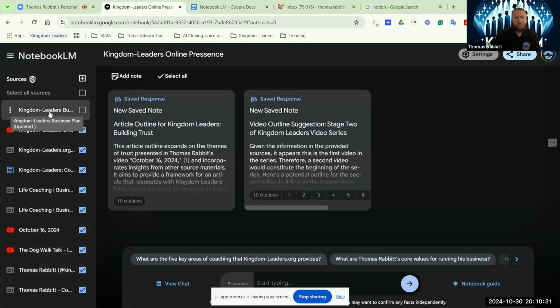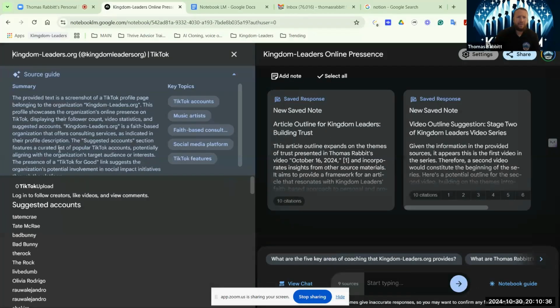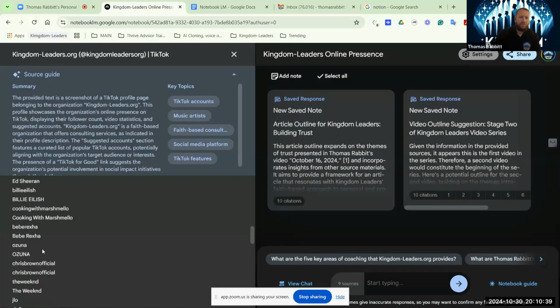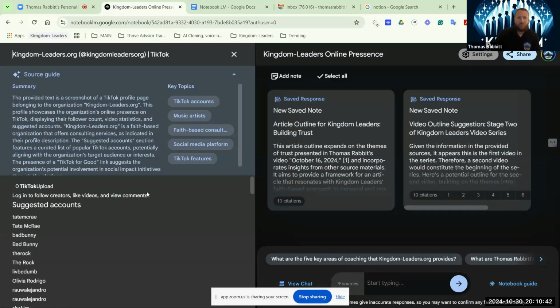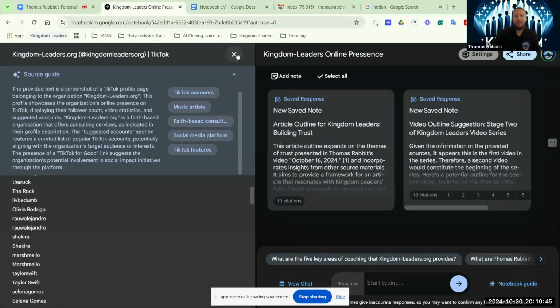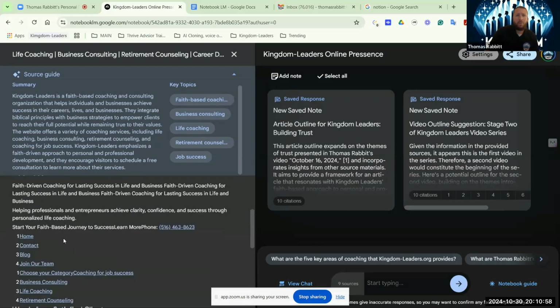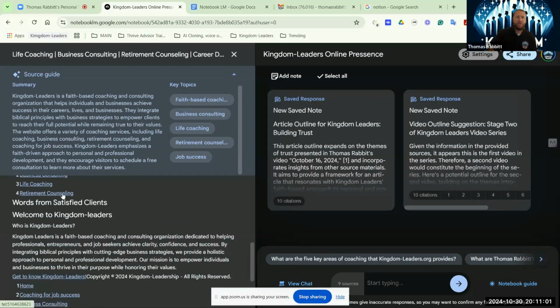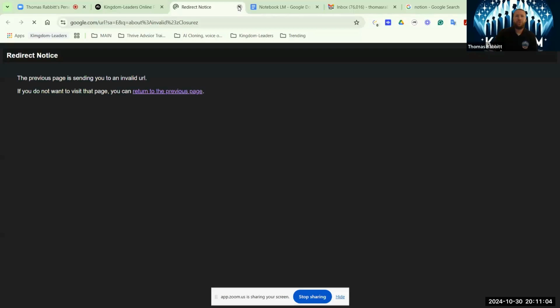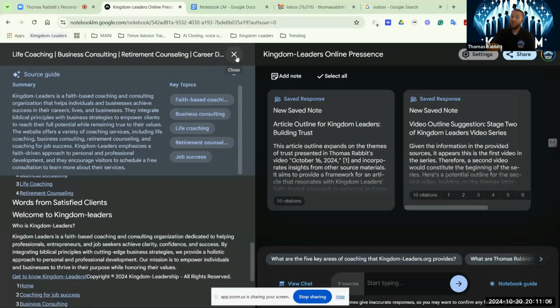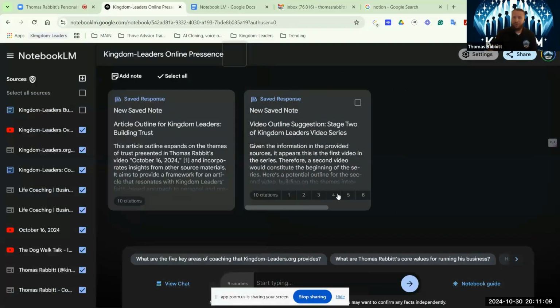So as you go down, what's some other stuff that we can do? Go to the website. Let's see, this is a business plan. So that's the TikTok, right? So that shows all of the individual suggested accounts, creators, all kinds of stuff. All right, so this is a page from the website, right? And what I can do here is I can click on faith-based coaching, right? The key topics that are part of it, and it can read any single thing that you have on here. You can also click on the link, and it'll take you to another page. Make sure that your links are working. Okay, that's a really cool feature, right?